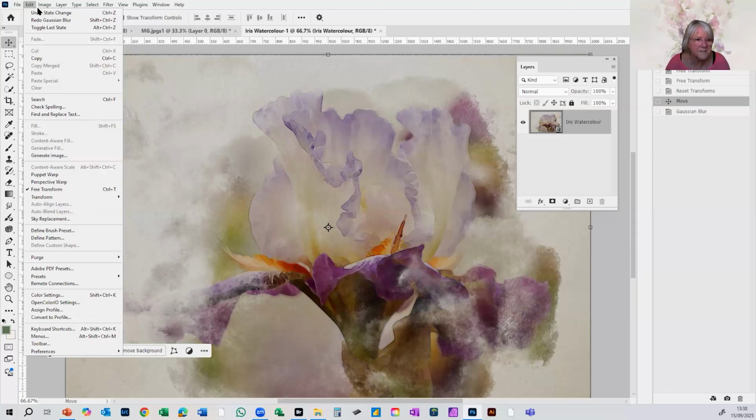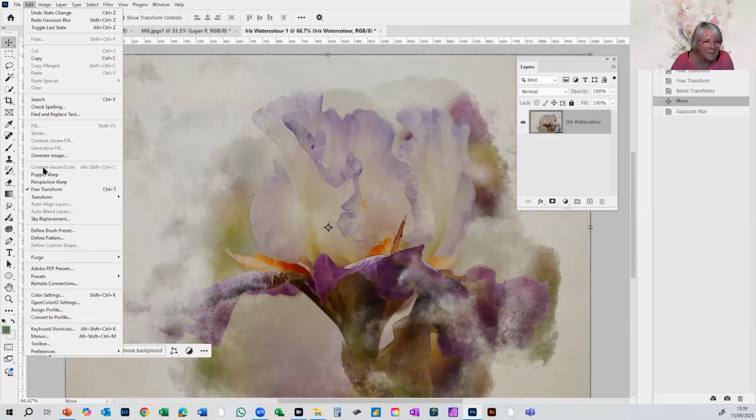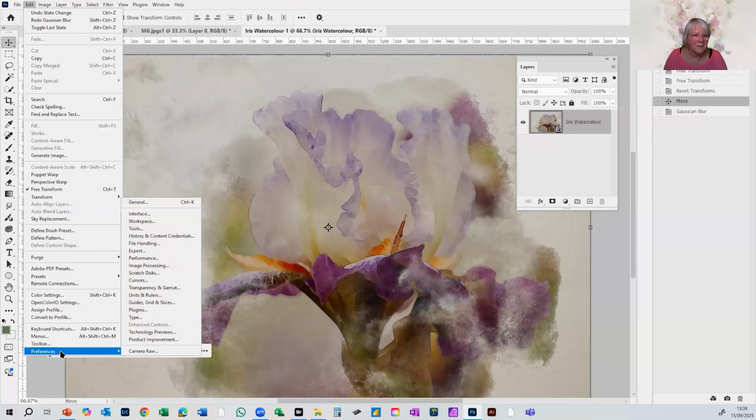Photoshop, for Windows users, you will find your settings, which are Control and... Where have my settings gone? Sorry, I've had a few days off. Where are my preferences? There they are, right at the bottom. So sorry, everybody. Your preferences for the way that Photoshop is set up for Windows users are found under the Edit menu,